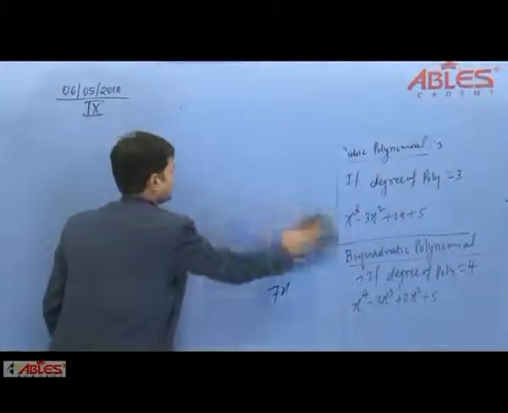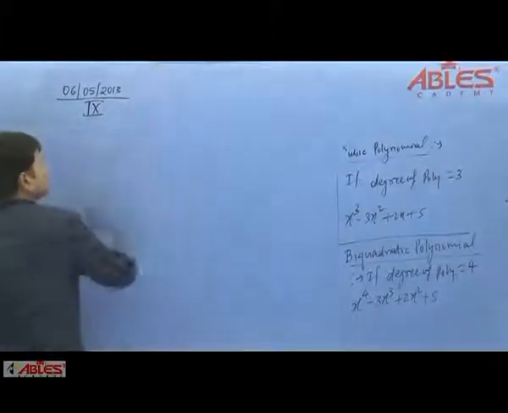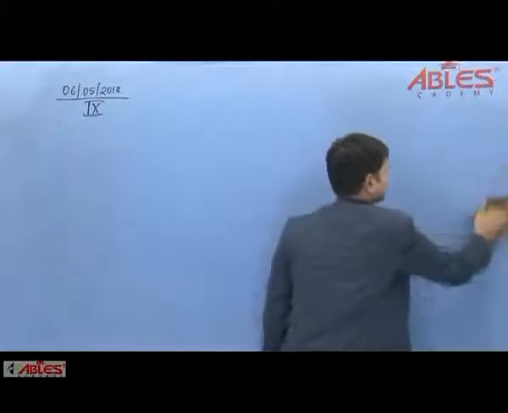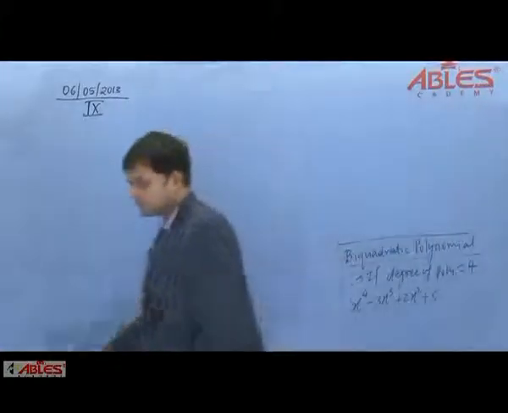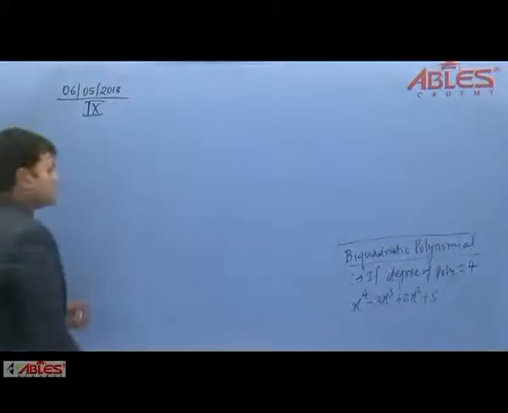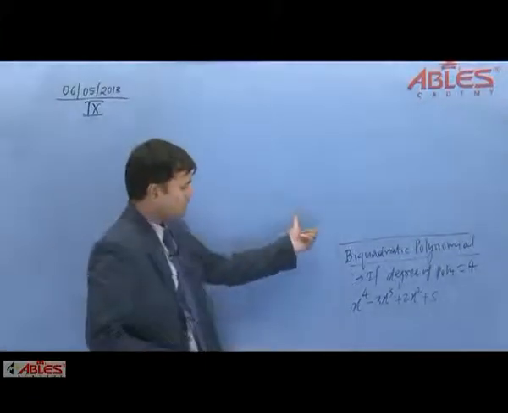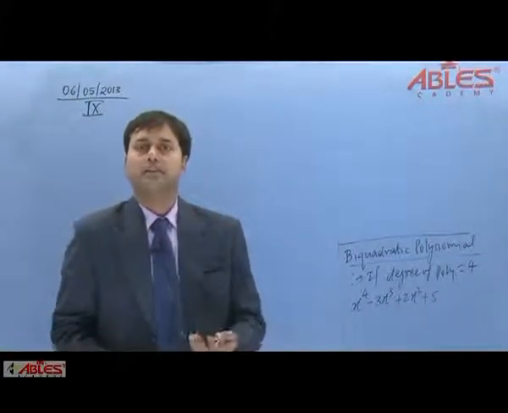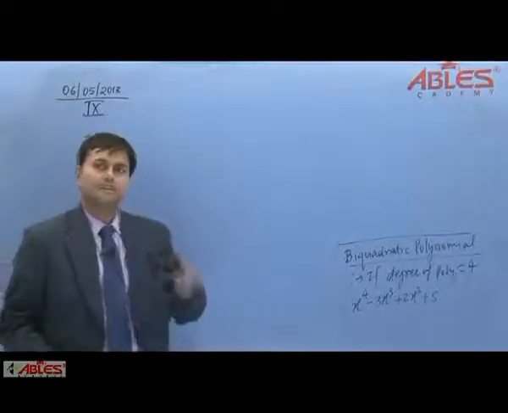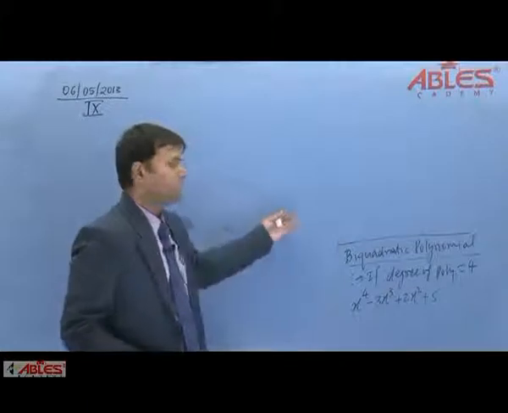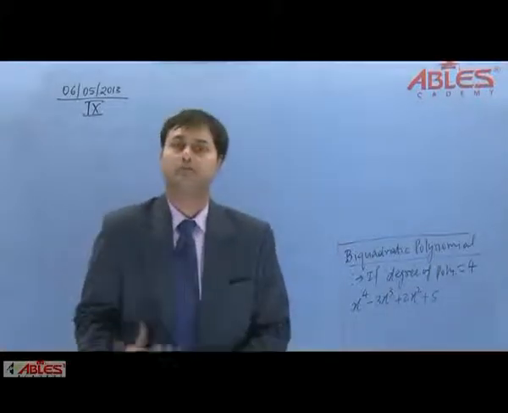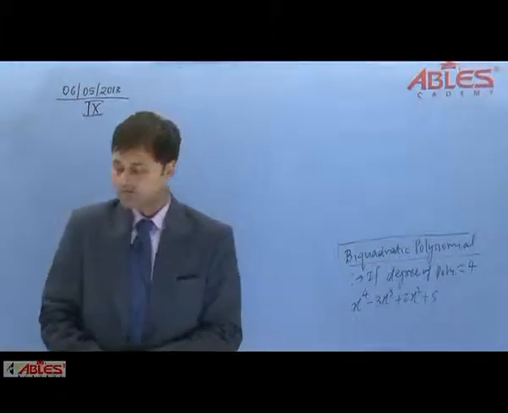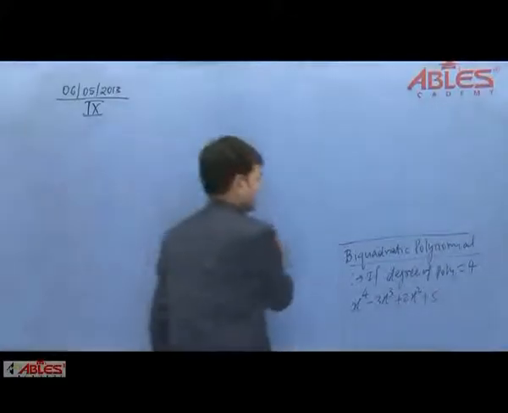Excuse me, sir. Yes students. Sir, what if the degree is 5? Yes, if the degree is 5, we have only these 4 standard cases to discuss. You should not remember a special name for degree 5. Further we will call them degree 5 terms, degree 6 terms. In usual practice we discuss these terminologies: cubic, biquadratic, quadratic, and linear. Okay students, you can simply call it a degree 5 polynomial.